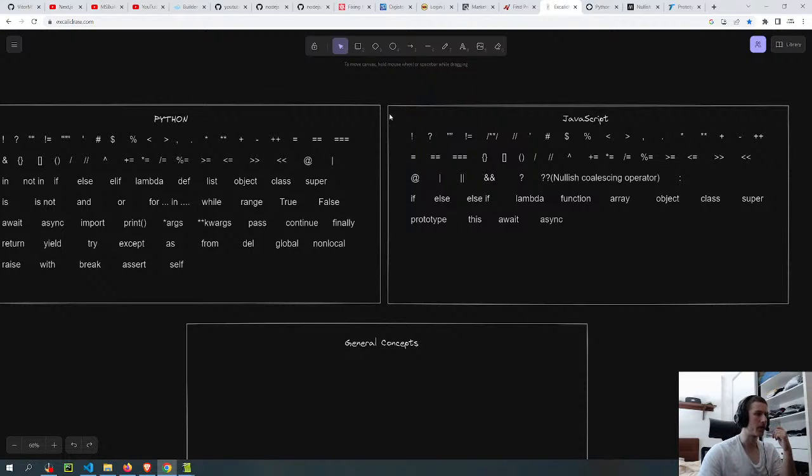So instead of writing the relevant keywords here, I write them down already showing which words are the same in Python and JavaScript and which ones are not.